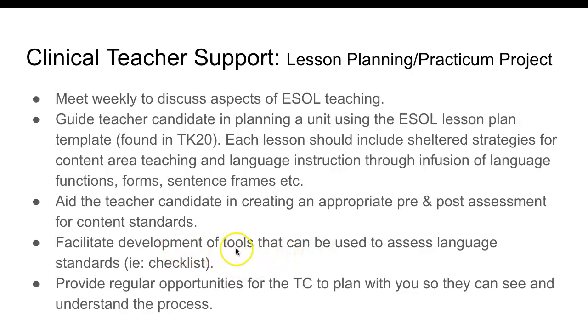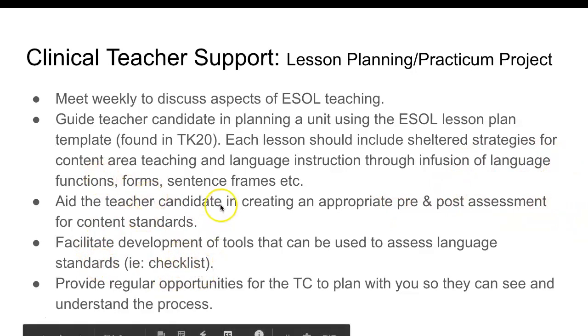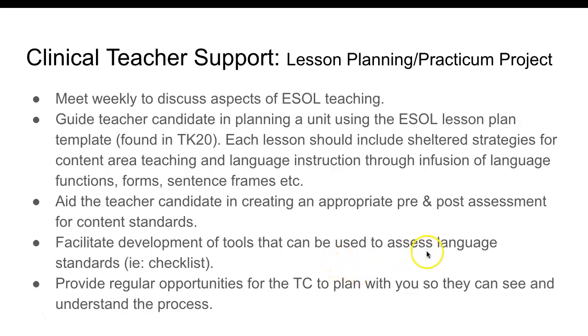It would also be fantastic if you can facilitate the development of tools that can be used to assess the language standards. So if a student is teaching a function such as sequencing in their math lesson, we would obviously be assessing the math through this pre and post assessment, but we'd also like to assess the sequencing function or the sentence frame used. And we can simply create a checklist with the EL students listed, and then find a system that works for the teacher candidate, such as met, not met, progressing, or some sort of system that allows the students to look at the progress their students are making toward the language standards